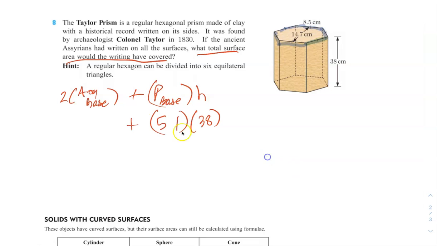So all I've got to do now is find the area of the base, and that's the harder part. Now they do give a hint. A regular hexagon can be divided into 6 equilateral triangles. So if we look up here, you could divide it into 6 equilateral triangles. That is not what I wanted to do. There we go. Kind of like this is what they're talking about. Or if you look at one of them,